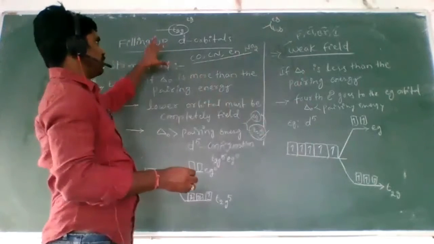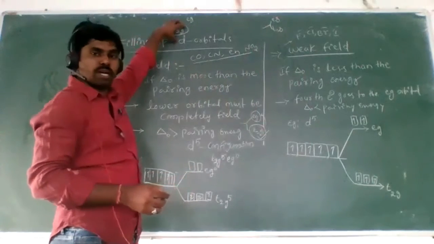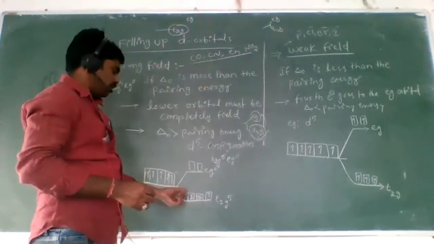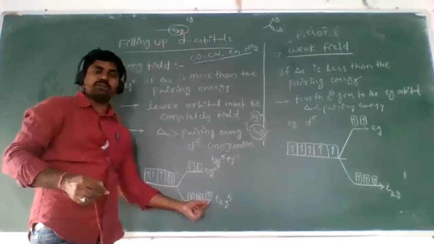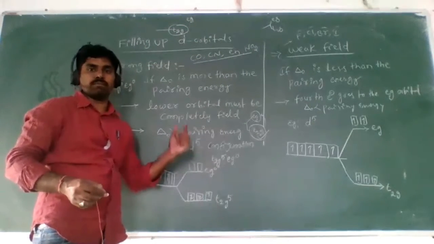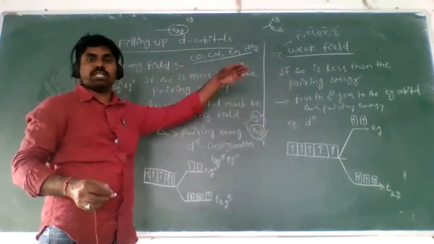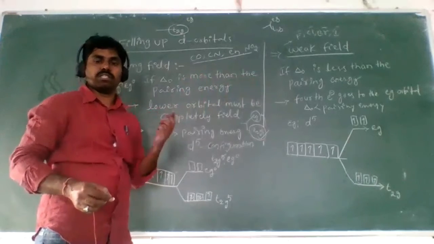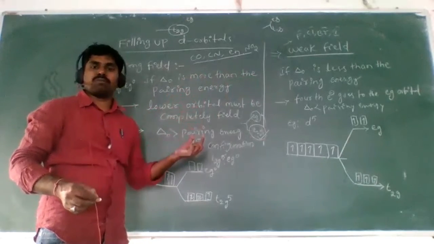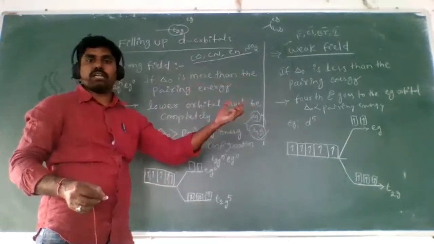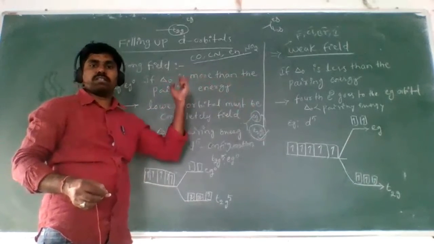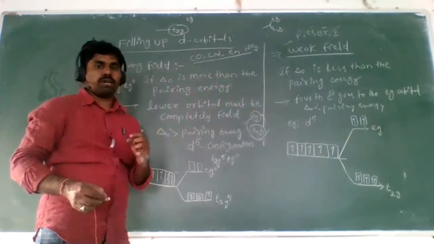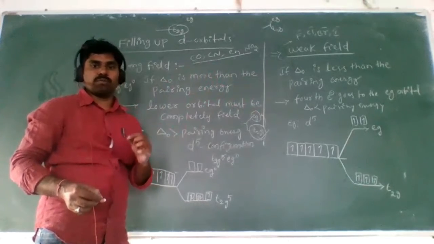But this is different. In the strong field, T2g is fully filled, then after that eg is filled. Is that clear? It is not half-filled there. The T2g is completely filled, then after that it goes to the eg orbital. But in the weak field, T2g is half-filled, then eg is half-filled, then after that T2g is fulfilled, then eg is fulfilled. That is a small difference in condition: a strong ligand creates the strong field, a weak ligand creates the weak field. In the strong field the T2g is completely filled, then after that the eg is filled.